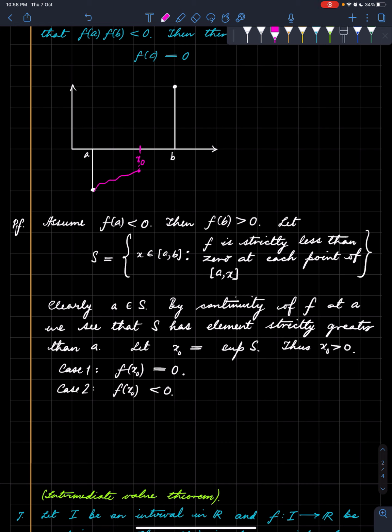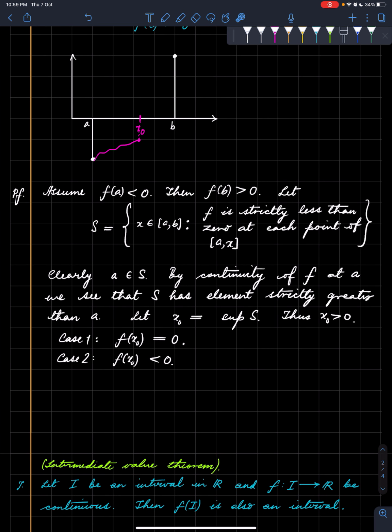But by the same reasoning as we applied to a, the continuity of f at this point would say that actually there is this whole neighborhood around the point x naught such that the function remains negative on this entire neighborhood, by the continuity of f, because it takes some negative value on x naught, and by continuity there is a neighborhood such that it remains negative throughout this neighborhood, which means